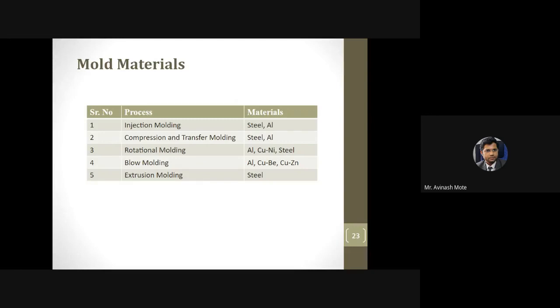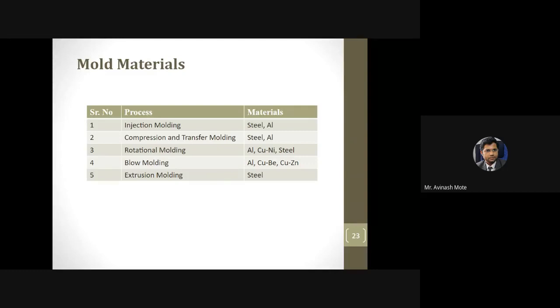obviously you are going for plastic components, so there must be a mold material which has more strength than plastic, and a higher melting point than plastic, because plastic material is coming inside the mold in a very hot condition, in a liquid, molten condition. So obviously the melting temperature of the mold cavity, mold surface, mold material must be greater than the melting point of the parent material or the component material. So we prefer steel, aluminum, copper, nickel, depending on the component. Mostly preferred is steel.